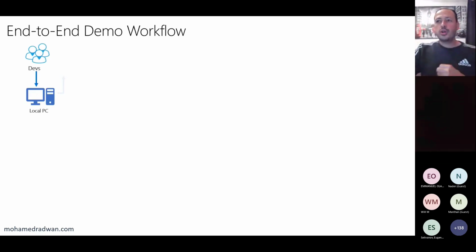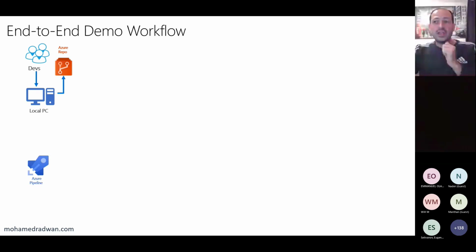So first, we will start by having the code of our application. We have some code for a web application and infrastructure as code using Terraform. First, we will create a repo in Azure Repos. Once we create this repo, we'll start to configure a CI, configure a CD, and so on. Once I update my code, in my case the application, and commit that,